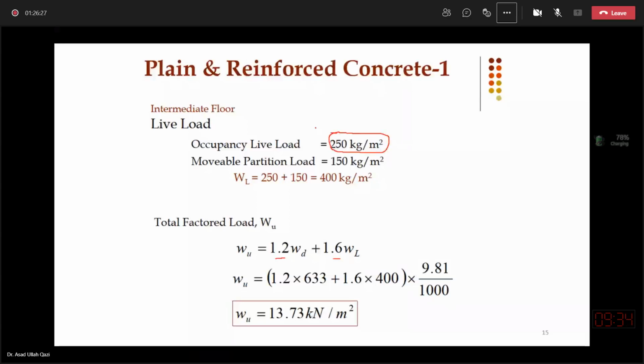But in addition to this, in some floors, there are movable partitions as well, which are non-load bearing walls, and they are not permanent. So in some cases, it is advised to consider such additional load over the floor, intermediate floors, to